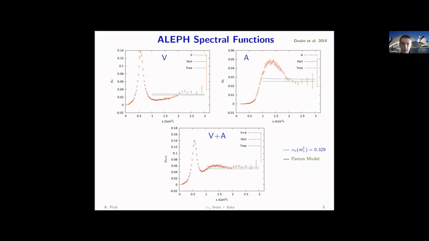You can see the spectral function in the vector channel, in the axial channel, and in the vector plus axial. Of course, you see the wiggles of the resonances. They are there. This is the Minkowski axis. There you cannot apply the operator product expansion. But you can also see that once you go to the most inclusive channel, vector plus axial, the wiggles soften